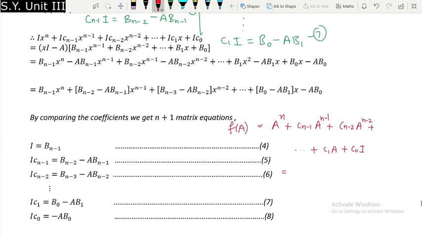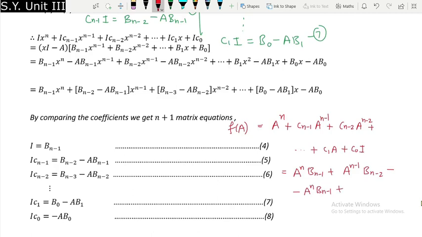So we are multiplying the first term by a raised to n, so it will be a raised to n bn minus 1, the first term. Next we are multiplying it by a raised to n minus 1, so it will be a raised to n minus 1 bn minus 2 minus a raised to n minus 1 multiplied by a will be a raised to n, so minus a raised to n bn minus 1